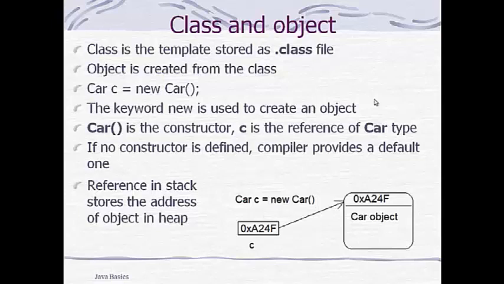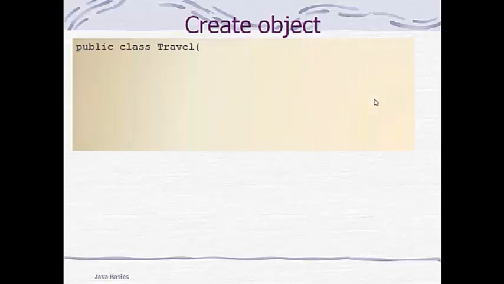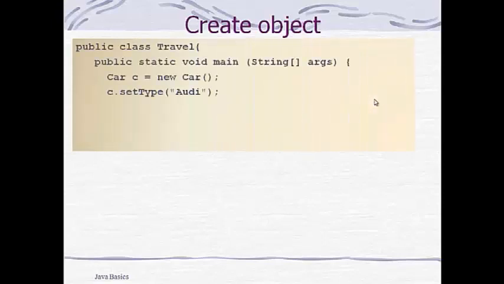If we look at the object Car, for example, it starts at a certain address, and that address is stored in the reference variable c. To create an object, we have a main method where we make a new Car,